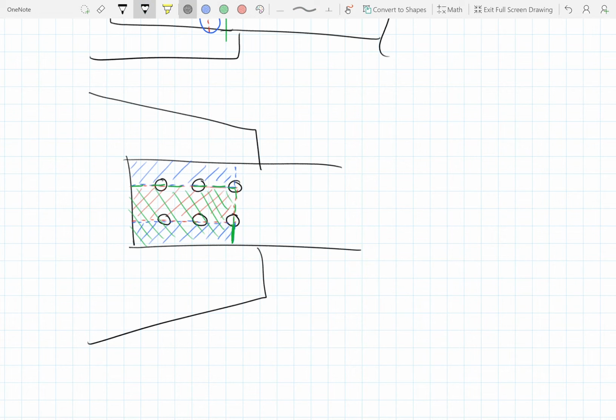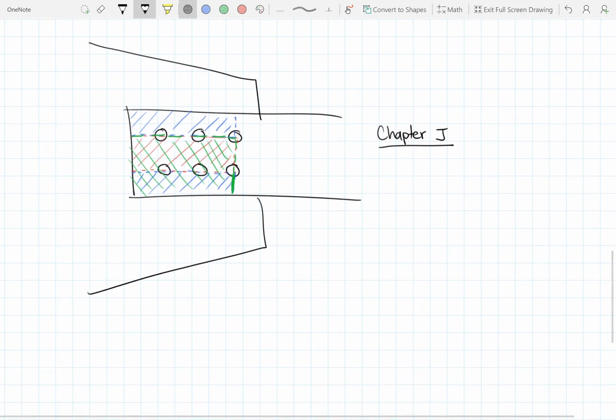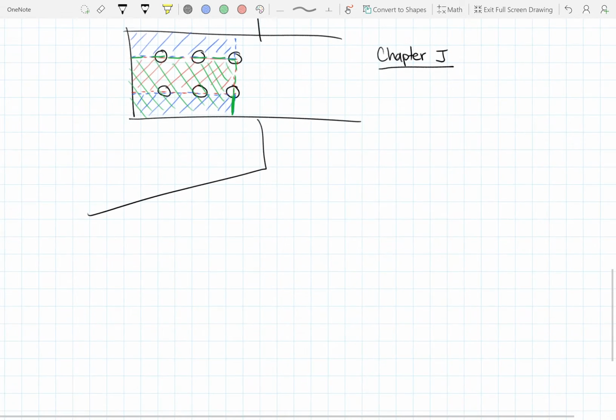Now, formulas for block shear are given in Chapter J. This is somewhat confusing for people because they say, oh, why isn't it in Chapter D for tension members? Well, Chapter J is for connection design, so they consider block shear a limit state for connection design. But you will have to check it because your tension member will have to be connected to something. So the formulas are listed in Chapter J, but basically what you're going to be doing is you're going to be finding,